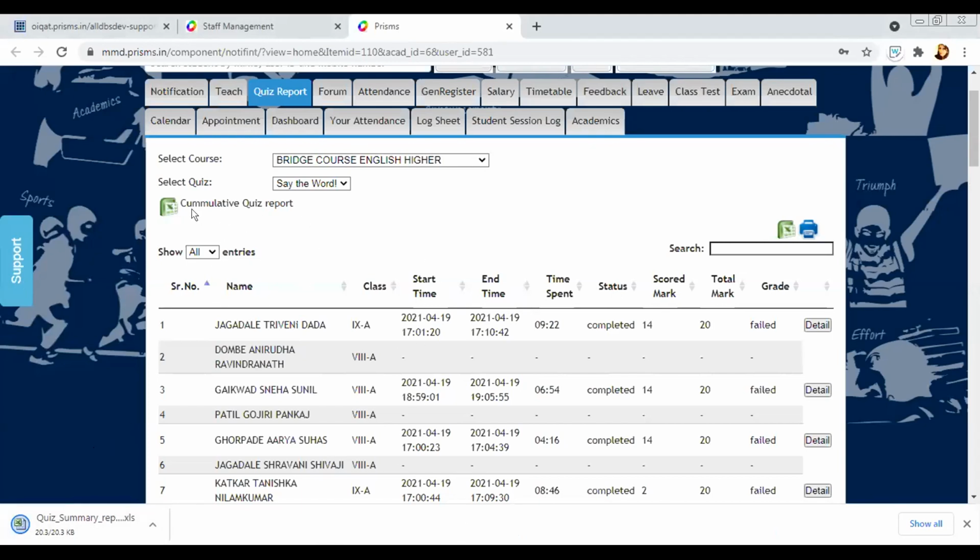Like I said, you can also get a cumulative quiz report. If you are taking multiple quizzes and giving the marks based on average, then you can take a cumulative quiz report. I'm opening my Excel sheet.